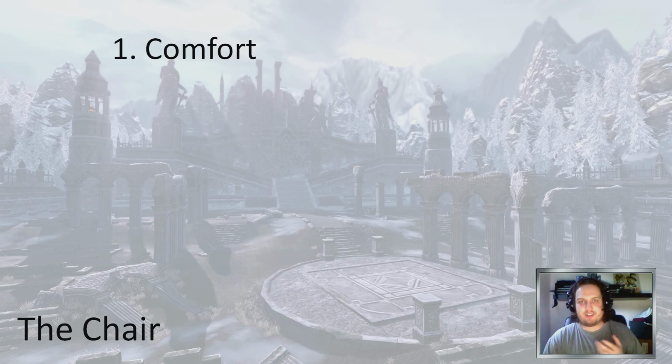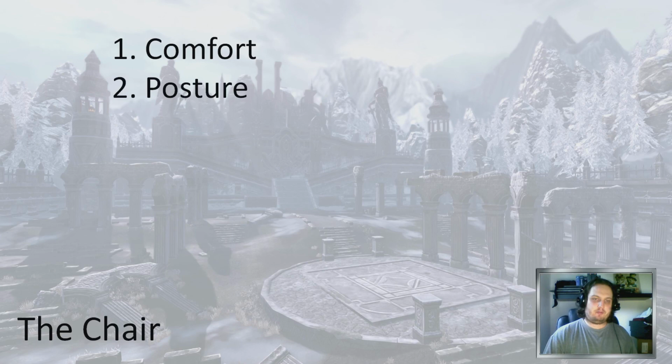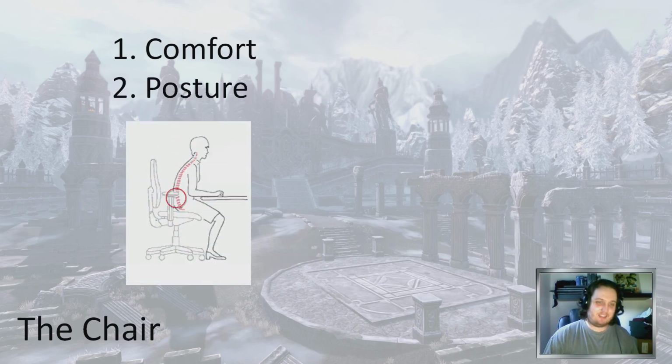And the second important thing about a chair is the right posture. And this is not the right posture. And I know a lot of people that are sitting like this in front of the PC. And there are also people who are sitting at a table in the kitchen, or they're sitting on a couch or a sofa and they're leaning back and doing this stuff,